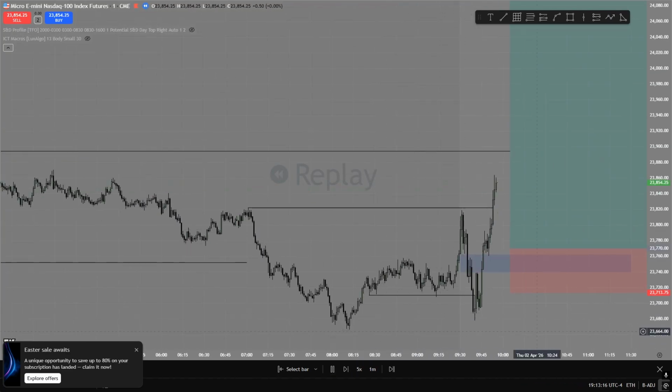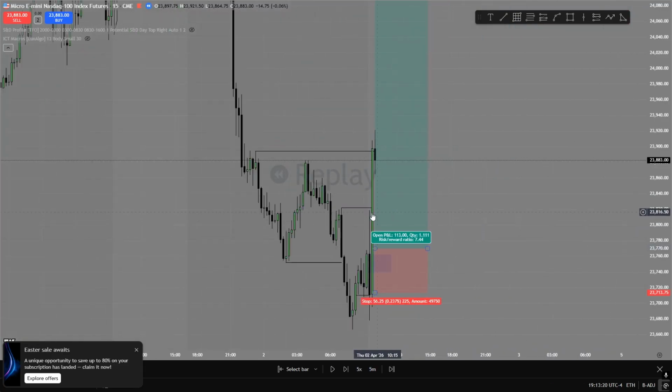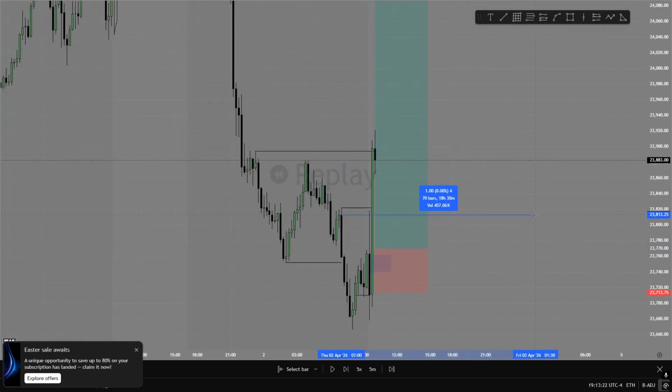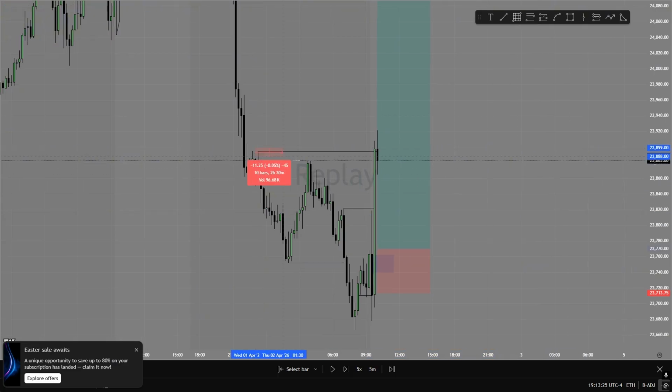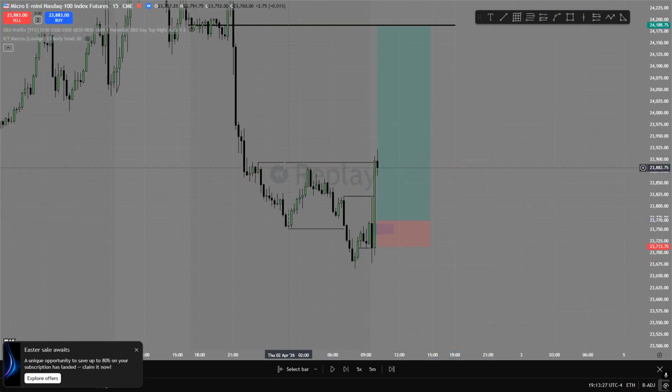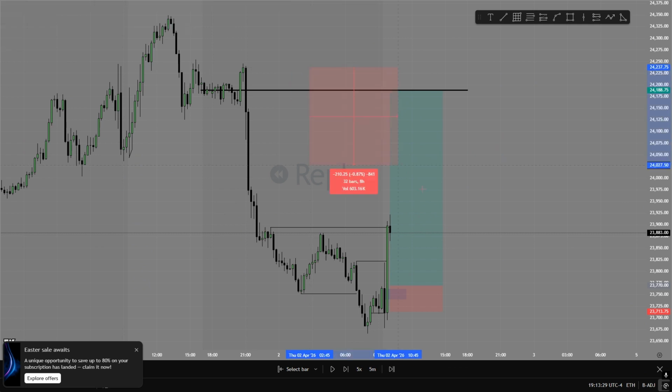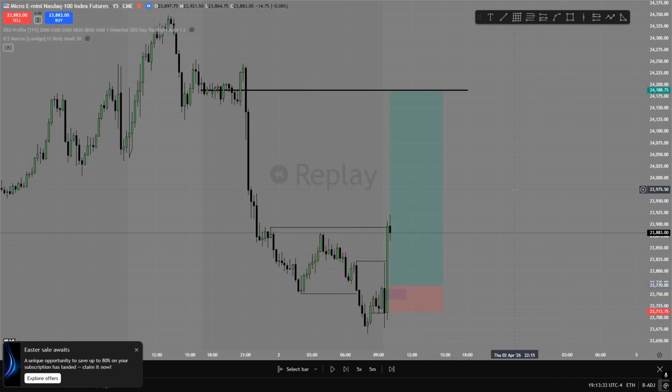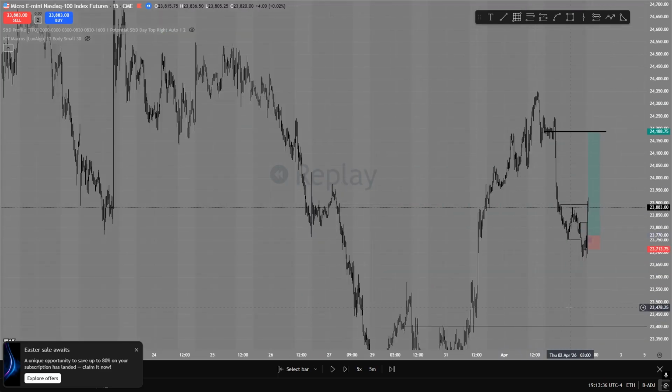So I'll just play the rest of this out. That 15-minute that I was talking about was right here. I was like, oh, we could get the close above that to run up to these highs. But once these were taken, I suppose there's equilibrium that you can try to target, but there was just nothing for me.